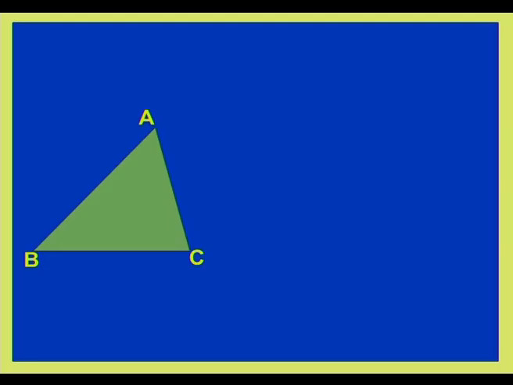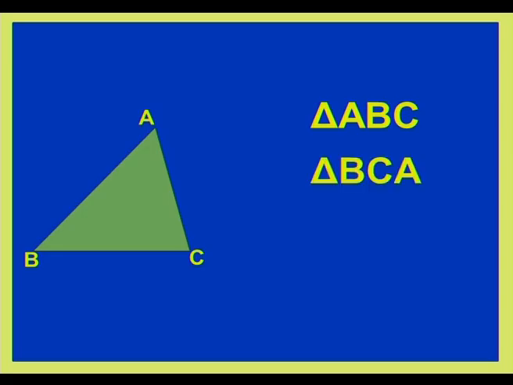Now, just have a look at this triangle children. It is triangle ABC. Now, we can write this as with a triangle symbol and the vertices one after the other in order. That is, we write it as triangle ABC. Now, can I write it as triangle BCA? Of course, I can write. I can start from the vertex B and I can take C and A after it. So, I can write it as triangle BCA as well. Now, I can even write it as triangle CAB, that is starting from one vertex and writing the remaining vertices in order. So, when we are considering one triangle, we can write it in any of these manners,